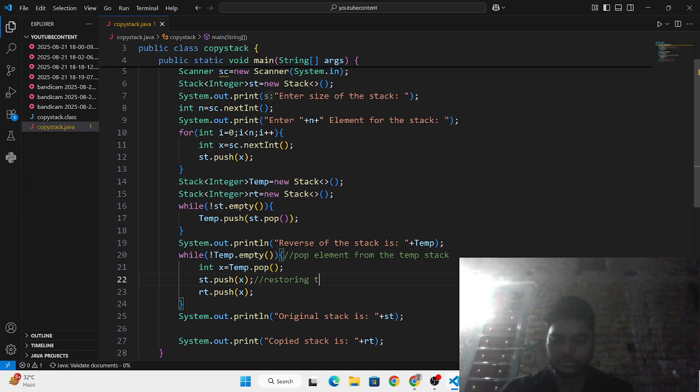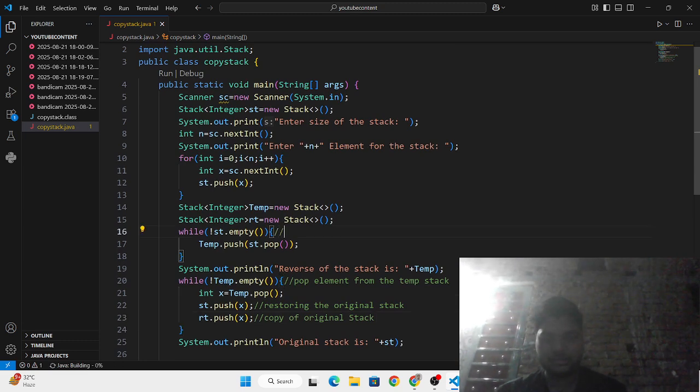And here I am making a copy of the original stack.